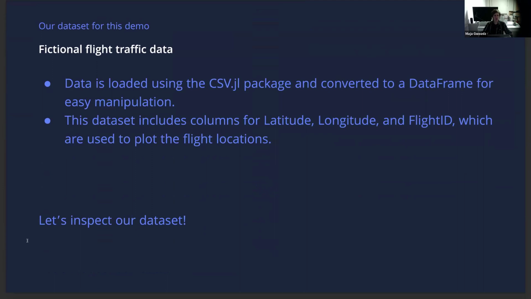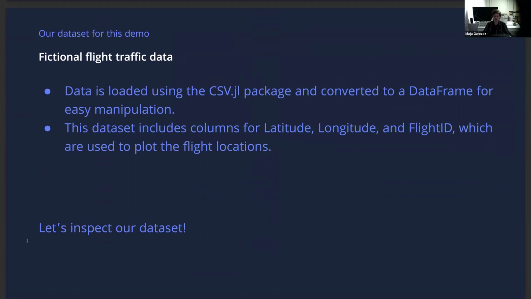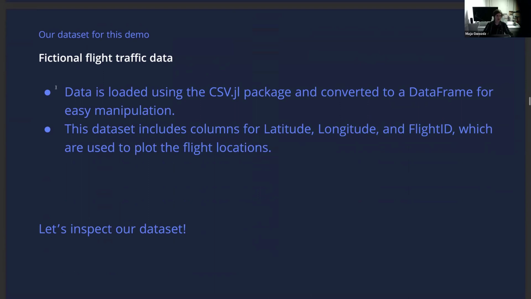For the purposes of this webinar, we have to have some data. I prepared some made-up flight traffic data, which we'll inspect in a moment. We'll also show how you can load it via the CSV package, and then in just one line, you can convert it to a normal Julia data frame, and we'll be able to manipulate this data. It contains some very basic geographical and positional information like latitude, longitude, and flight IDs, which we then use to plot